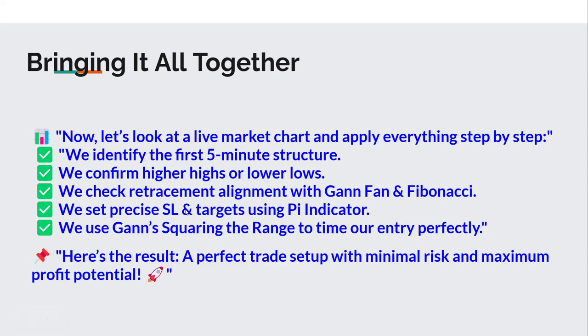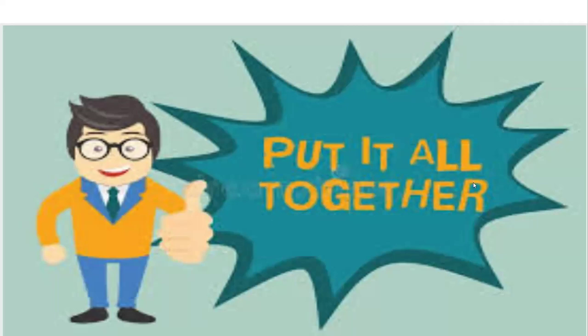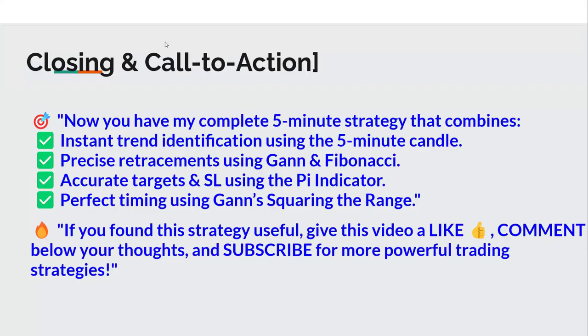Thank you. Next, we are putting it all together, closing and call to action. Now you have my complete 5-minute strategy that combines instant trend identification using the 5-minute candle, precise retracements using Gann and Fibonacci, accurate targets and stop loss using the pi indicator, perfect timing using Gann squaring the range for the